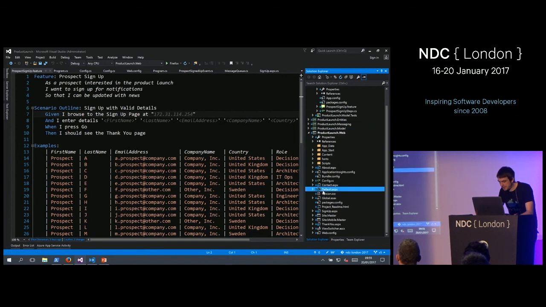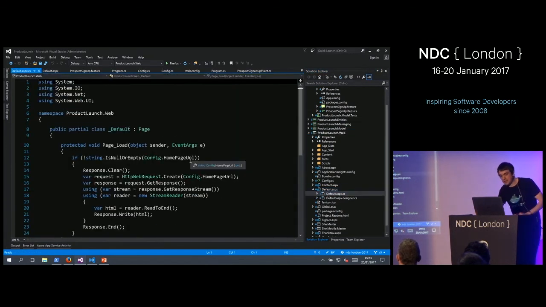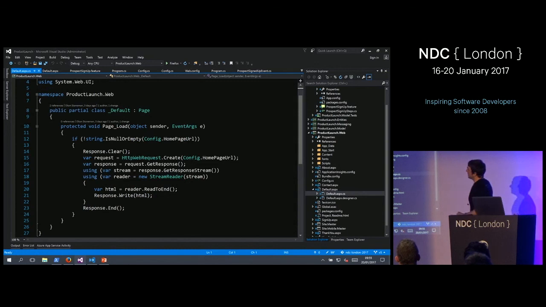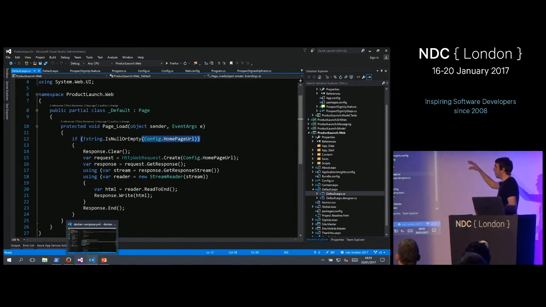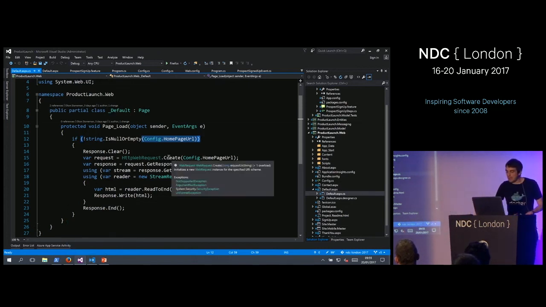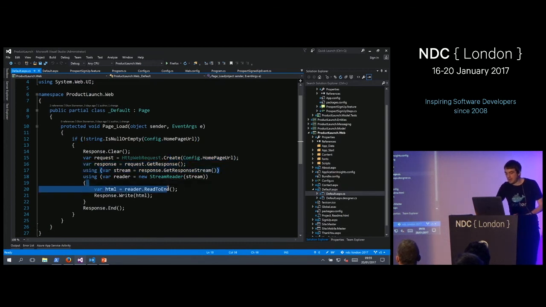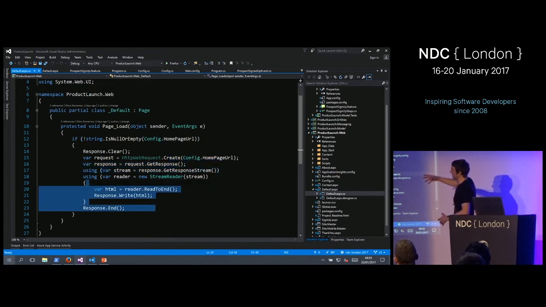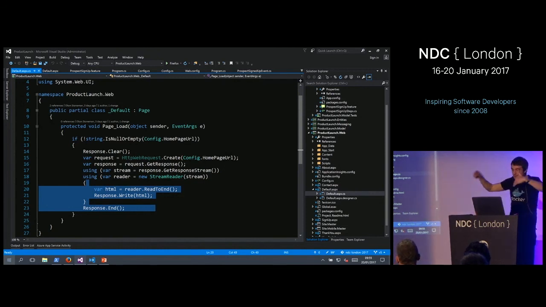The only thing that's changed is the content of my default page from my web application. So what I do now is when I hit the default page, I check to see if there's a configured homepage URL, which will be an environment variable. I'm using that like a feature switch. So if there is a homepage URL configured, then instead of rendering my own content, I'm going to get the content from that URL and render it back out. So this is a way to pass control over to another component, but I've still got the same entry point. My web application is still where people hit, and now it's kind of devolving control out to a separate component